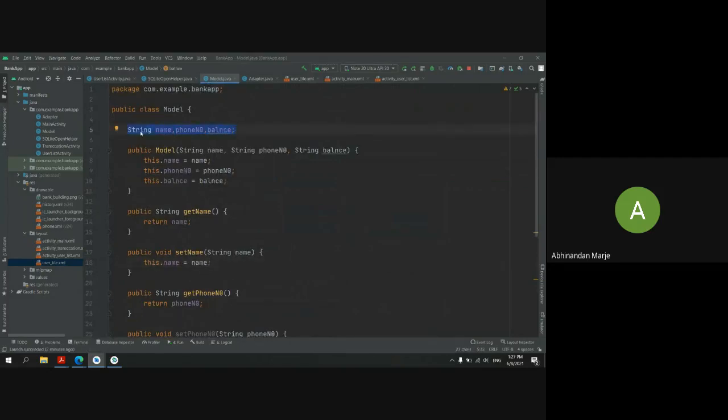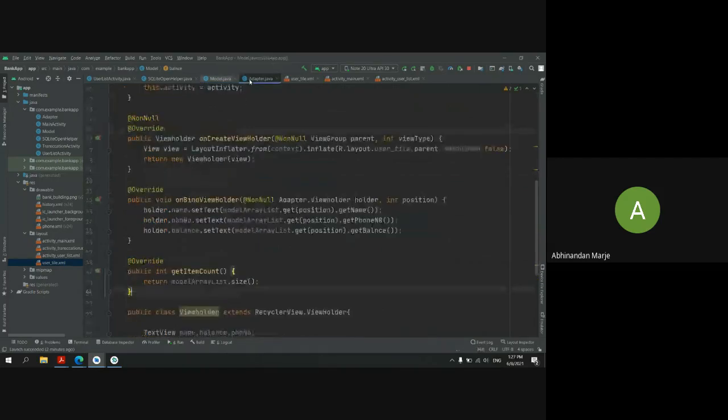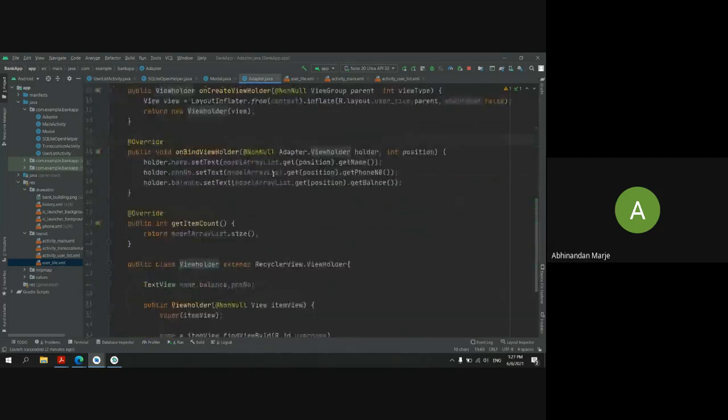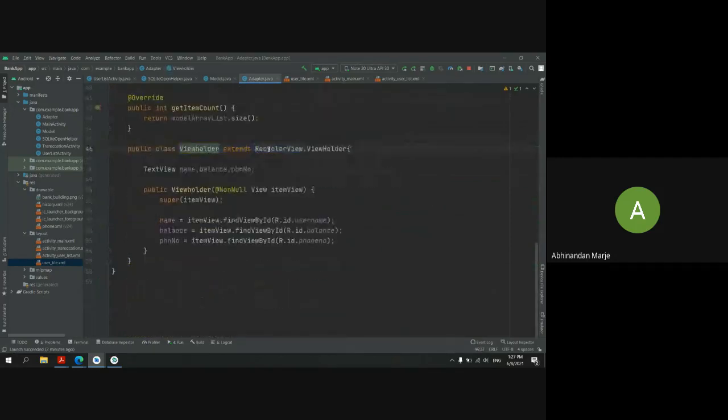Once you have created the model class, then I want to create an adapter class. In this adapter class, first you have to extend it to the RecyclerView.Adapter. And in the argument list, you have to pass your adapter name and your view holder name. Once you have created the view holder, you have to extend it to RecyclerView.ViewHolder.